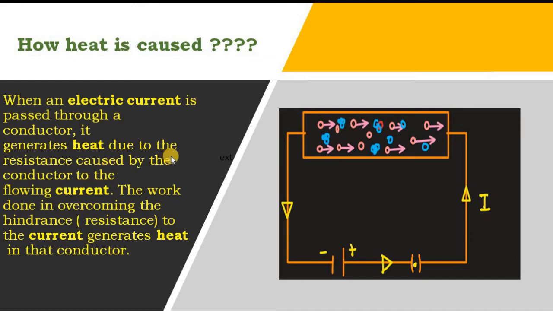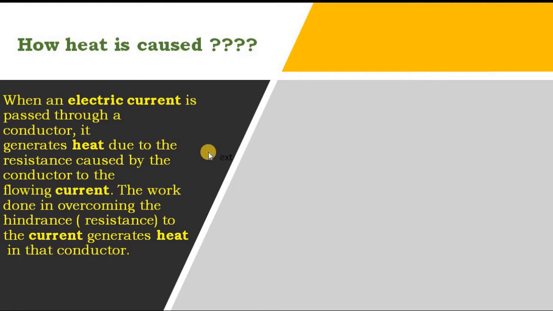But we'll try to understand it in a different manner. I have made a figure for you all. In this you can see the electrons are flowing. These arrows are showing flow of electrons in a circuit. Here is a battery, there is a plug key, and these arrows are showing flow of current. And we all know that the direction of flow of current is always opposite to the direction of flow of electrons.